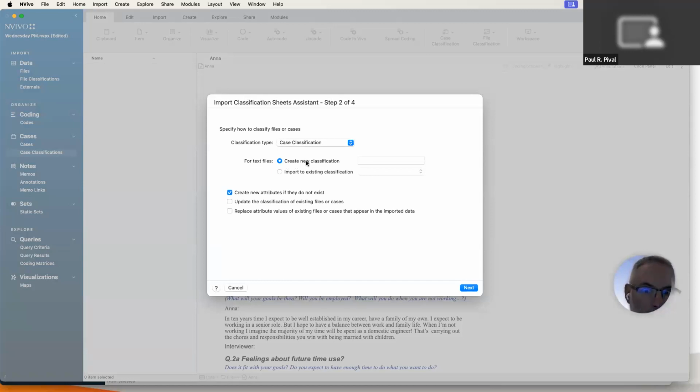Do I want to create a new classification or import into an existing one? I don't have any existing ones, so I do need to create a new one. It's not obvious at this point, but I kind of need to tell it here. I think if I hit next, it would say, oh, you haven't created one. So I have to actually type it in at this point. I'm going to not do that just to confirm for myself. Probably leave